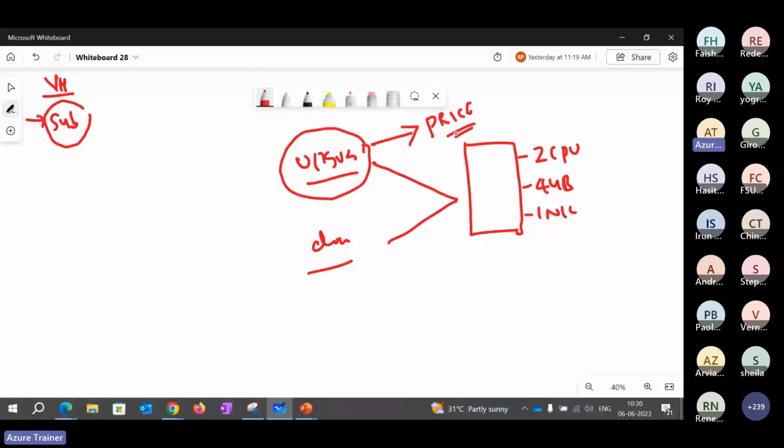Now we have a question from Subbu: is it possible to reduce the size? Yes, Subbu, as I was saying, we have an option for upgrade or downgrade. Both options are available. Downgrade means reducing the size, and yes, that is possible. But an important point to remember when configuring any kind of upgrade or downgrade,